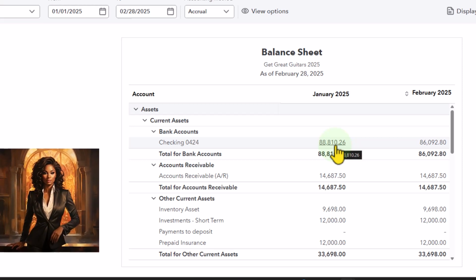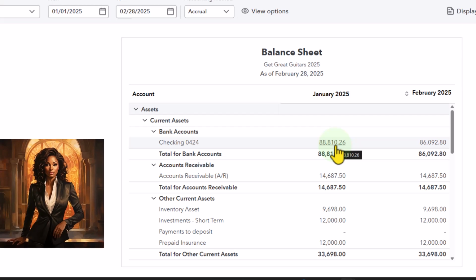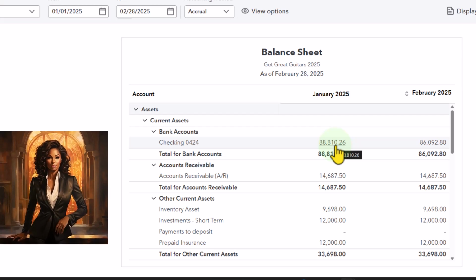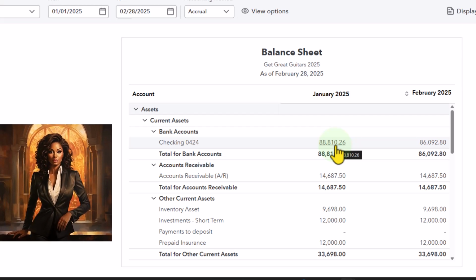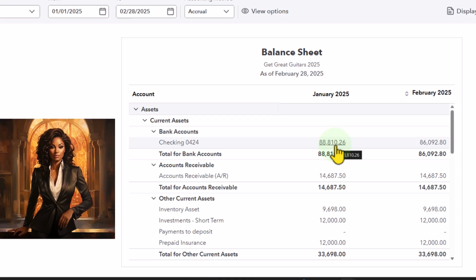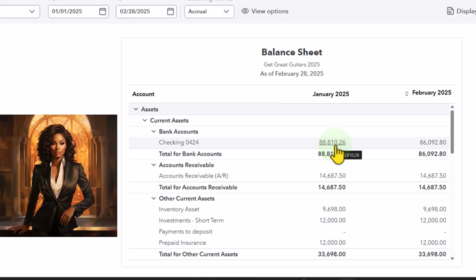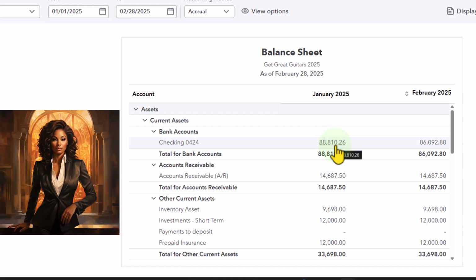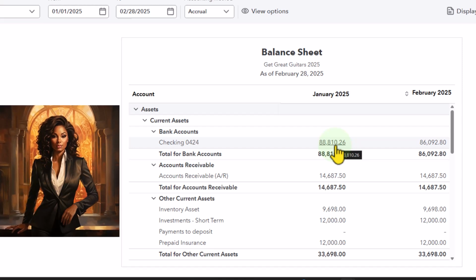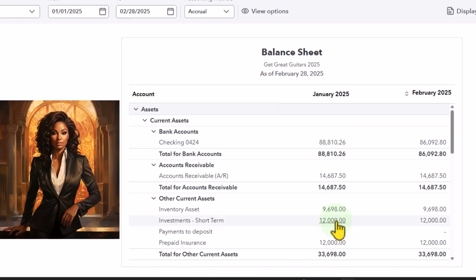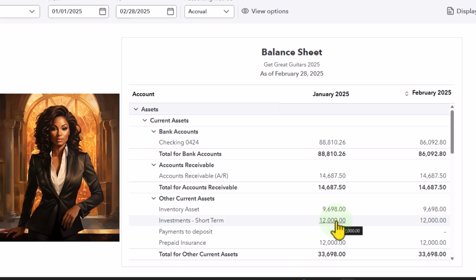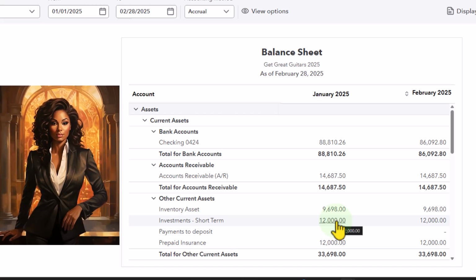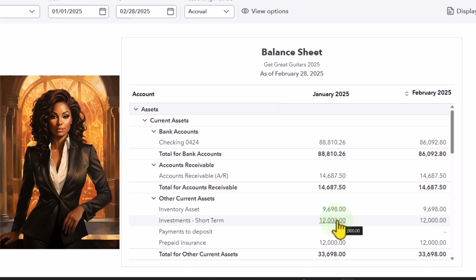I'm going to take it out of my business checking account and transfer it with a draw if it was a sole proprietorship, to the partners if it's a partnership, or to the shareholders in the form of a dividend if it was a corporation. So that's the point, right? We're not in the business of just holding on to the money. We're not even in the business of investing the money in stocks and bonds. In our case, we're in the business of investing in what we need in order to generate revenue,